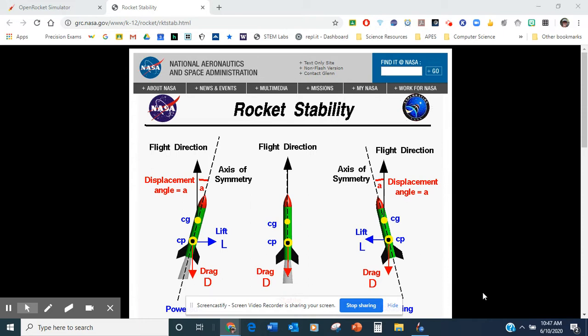So if you notice in this image from a NASA resource, the center of gravity is indicated by the upper solid yellow circle, and the center of pressure is indicated with this yellow circle with the black dot in the middle of it. When we design a rocket, you want to design it so that the center of pressure is below the center of gravity. And the reason why we do that is because the way that the forces act,